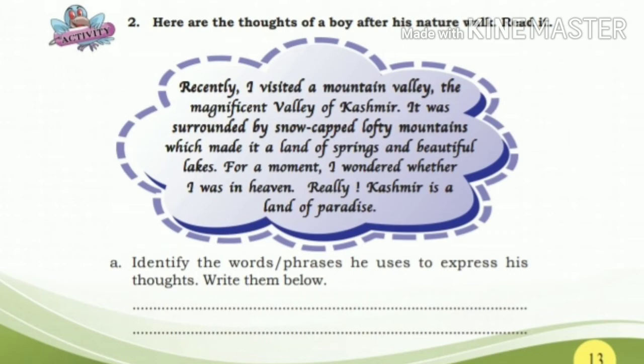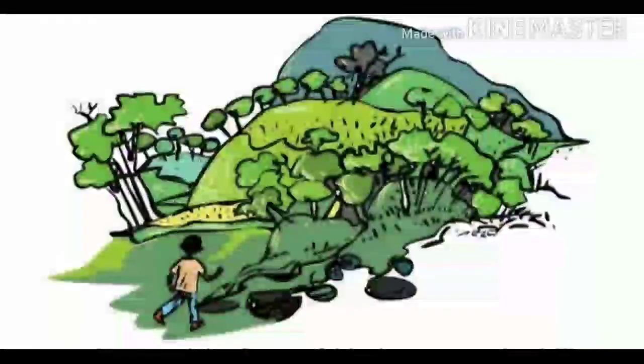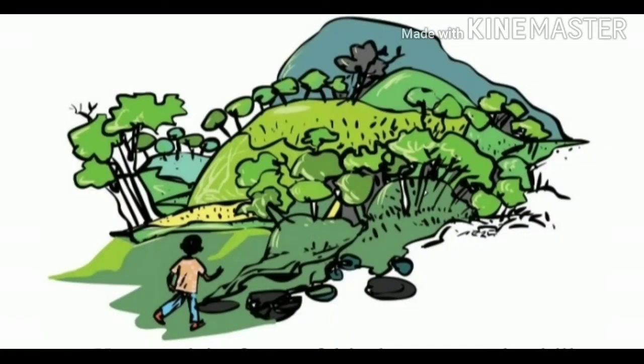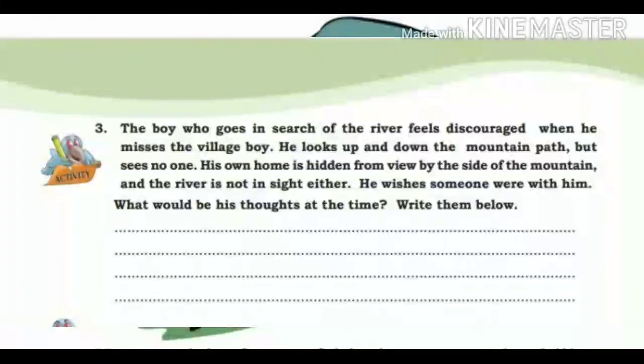So that's all. The next one is not a part B. Actually this is connected with this activity only. അതും ഒരു തോട്ട്സ് ആണ്. It's about the boy's thoughts which we read in the story. A boyയുടെ തോട്ടാണ് ചോദിക്കുന്നത്. So it's a part, just all of you take activity 3. Just read it.